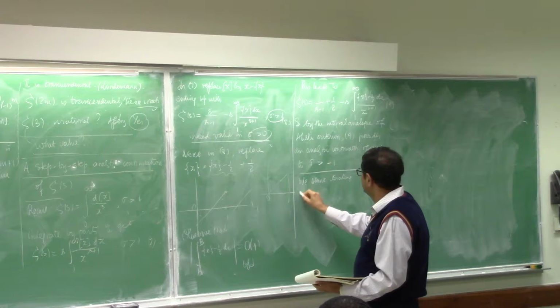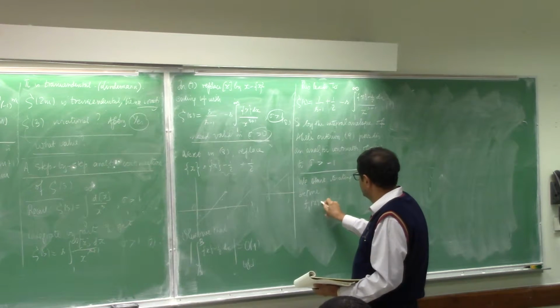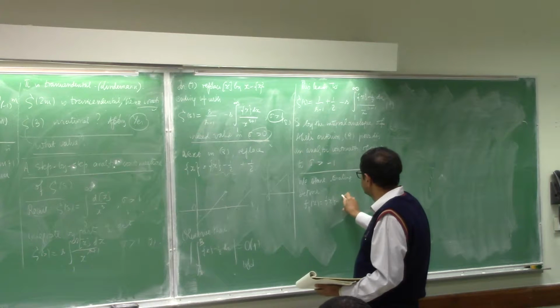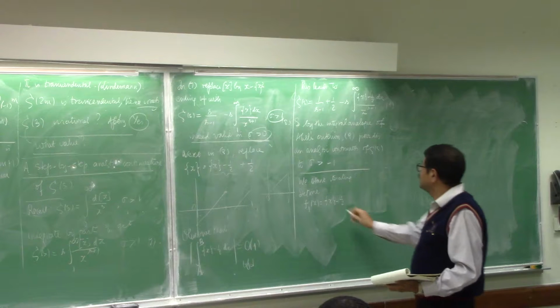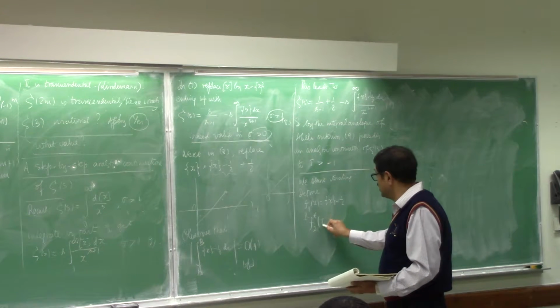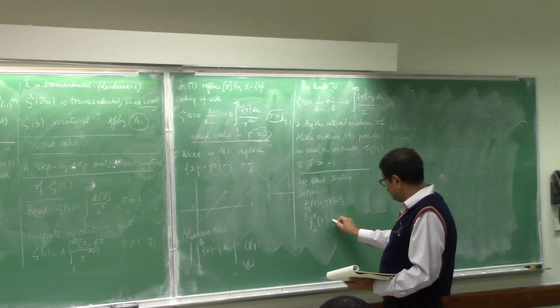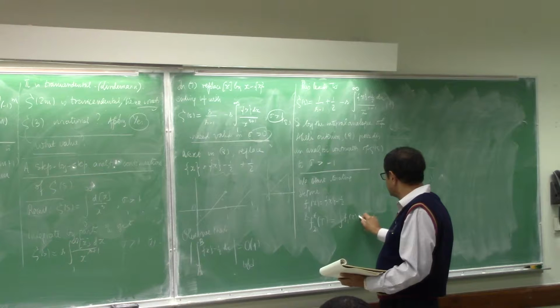I define f1 of x to be the fractional part of x minus half. Iteration begins here. And I define f2 star of t to be the integral of f1 of x dx from